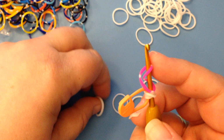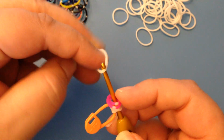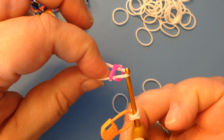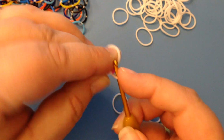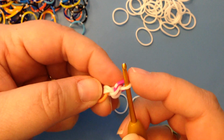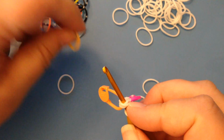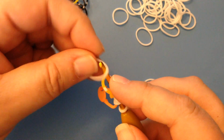All right. Take the base color that you're using for your ball and put it on the end of your hook and pop that on so it's on the middle like that. And then you're pulling this side of the white band through and you're doing a normal single crochet. I'm going to poke that through. Figure 8, pop on,